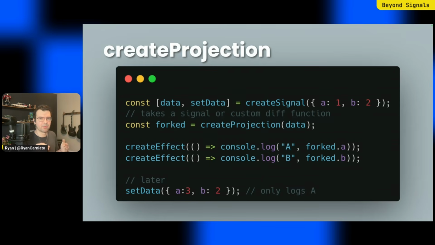So we've been developing a new primitive for just that. We call them projections. And while you probably won't use them often directly, we've never really had a good solution for this in the front-end framework space. A primitive that's both mutable, granular, and derived.